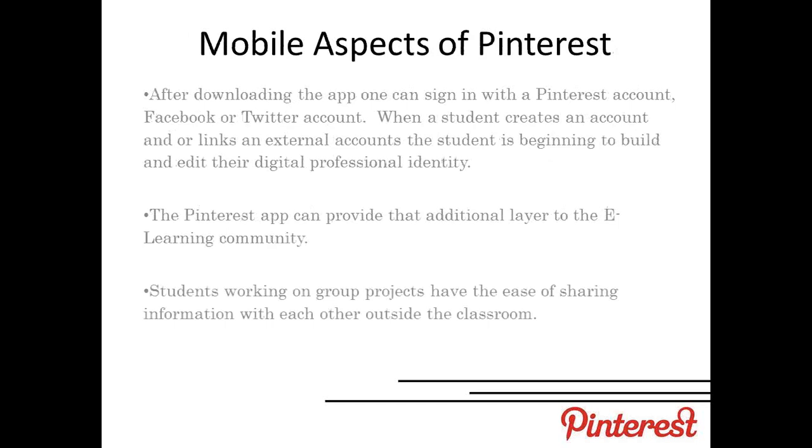Additionally, I think one of the most wonderful aspects of Pinterest is there's an app. So a student is easily able to download this app to many different types of smartphones, and they can sign in with their Pinterest account, their Facebook account or Twitter account if they want to merge all of the different accounts together. That really starts to create that digital professional identity that I was talking about that can really help in their